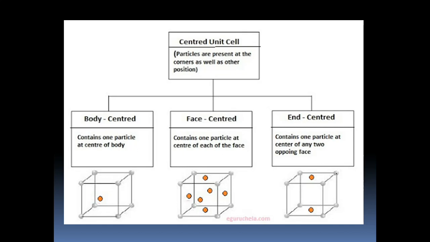I shall repeat once again. In face centered cubic cell, we have got particles in the corners of the cube as well as center of each face. So you can see the picture over here. Then comes the end-centered cubic cell, ECC type. Here, apart from the particles present at the corners of the cube, we have got particles at the opposite sides of any two faces. So any two faces you can take. Okay, any face. Opposite sides of any two faces we have got two particles. So this is about BCC, FCC and ECC.